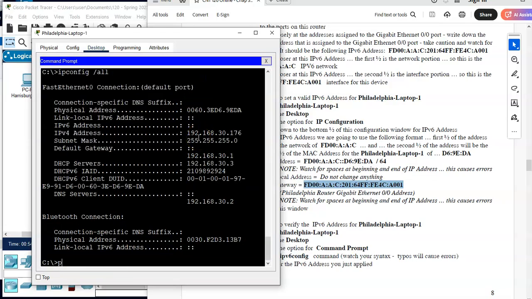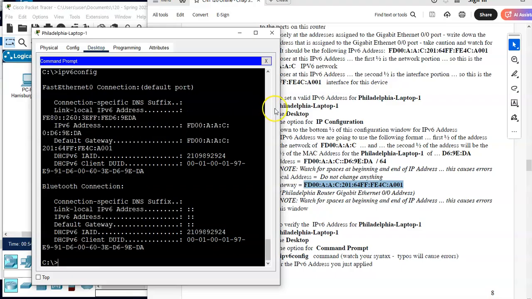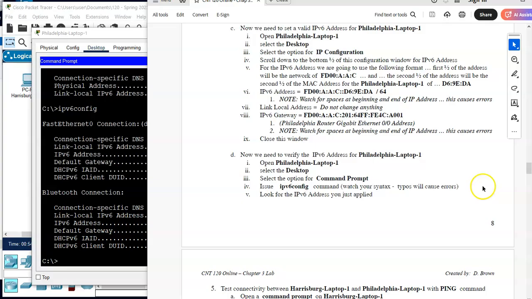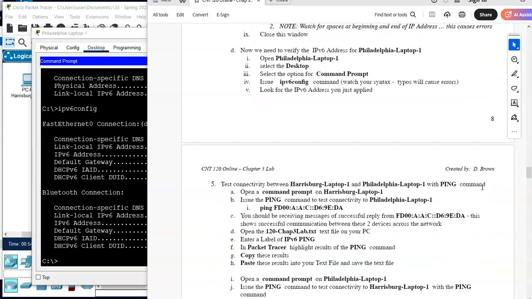I'm going to do command prompt, IPv6 config, and there should be the addressing that we just plugged in, the IP and then the gateway. And again, it filled a 0 in there in the middle between the two colons. That is fine. So now we have the two laptops set with static IPv6 addresses that should be usable on